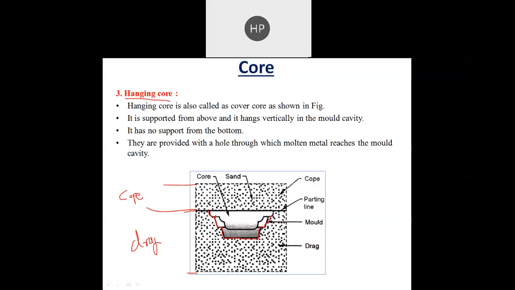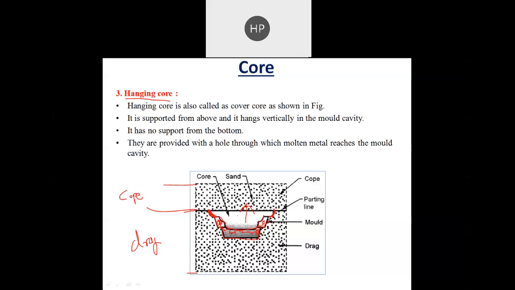And now in that hollow cavity, we want to put the core. Okay, so you can see this core is hanged from here, from this one and from this one, while this portion is not in contact with anyone. It is hanging with respect to this portion. So these two ends will be fixed into the sand, so that it will be hanging. And now in this gap, we fill the molten metal, and after solidifying, we remove this core, so that we can have a hollow cavity of this shape.